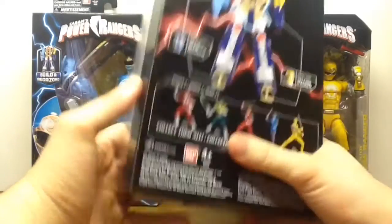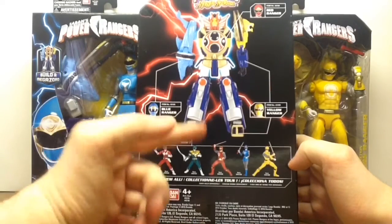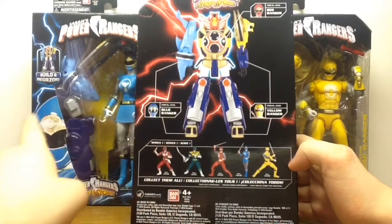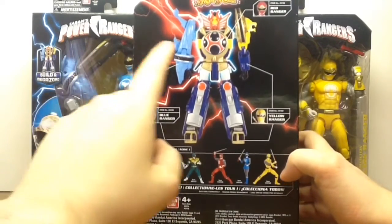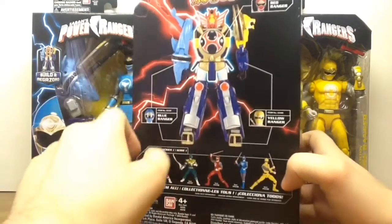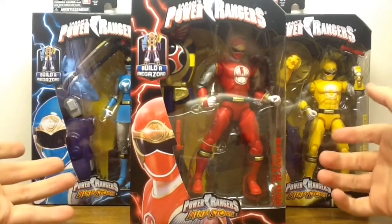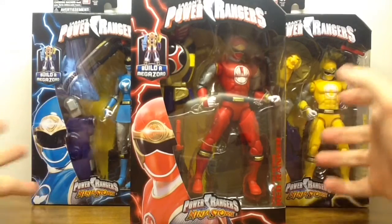And the boxes are pretty dang simple, and as you can see, our Wave 1 consists of MMPR Red, Green Ranger, and the 3 Ninja Storm Rangers. As you can see on the boxes, and inside the contents of Yellow and Blue, they each come with 2 individual limbs, whereas the Red comes with the entire torso and headpiece. Alright, let's open up these bad boys, show you the points of articulation, the accessory count, and our Build-A-Megazord Build-A-Figure